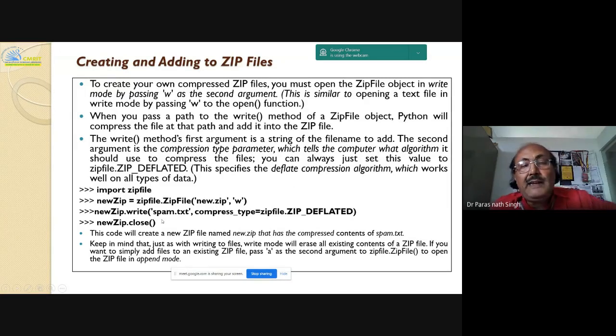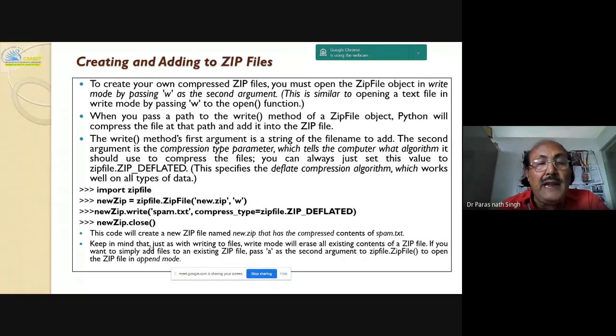This will create a new zip file named new zip that has the compressed contents of spam.txt. Keep in mind that just as with writing to files, write mode will erase all the existing contents of a zip file. So all the contents, meaning all the list of files from the zip file, will be deleted, and the same zip file you are using to add the other files.